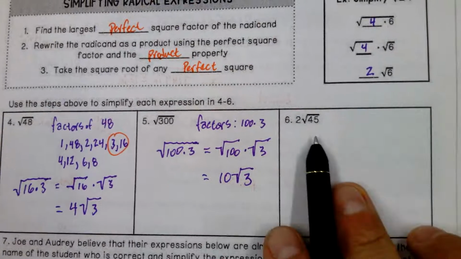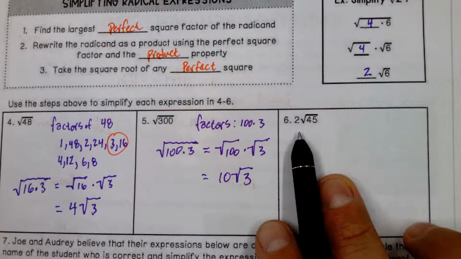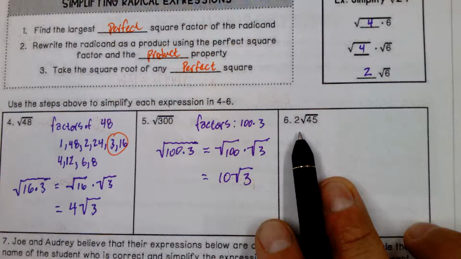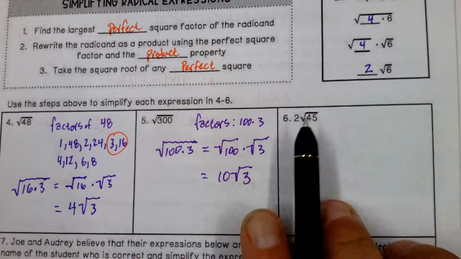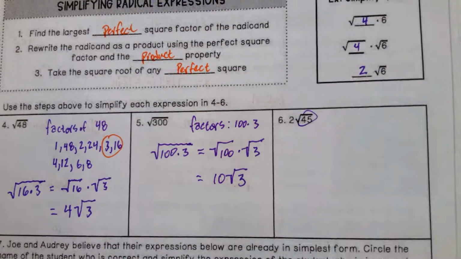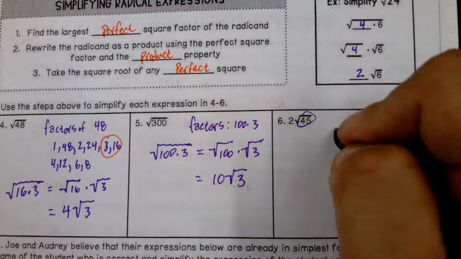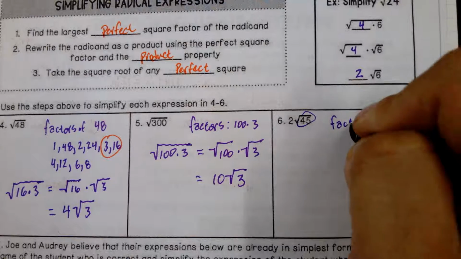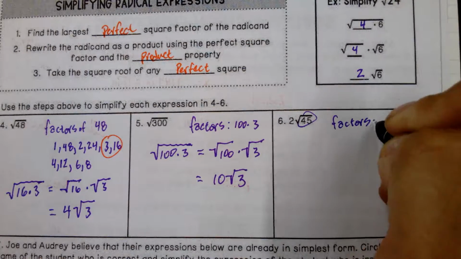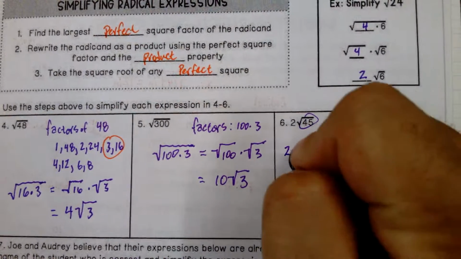Sometimes this is going to happen if you simplify but you didn't quite get the biggest one. So we have 2 radical 45. We want factors of 45. Just the 45. 9 and 5. Yeah, I think that's it. So the factors, 9 times 5. So this is going to be 2 radical